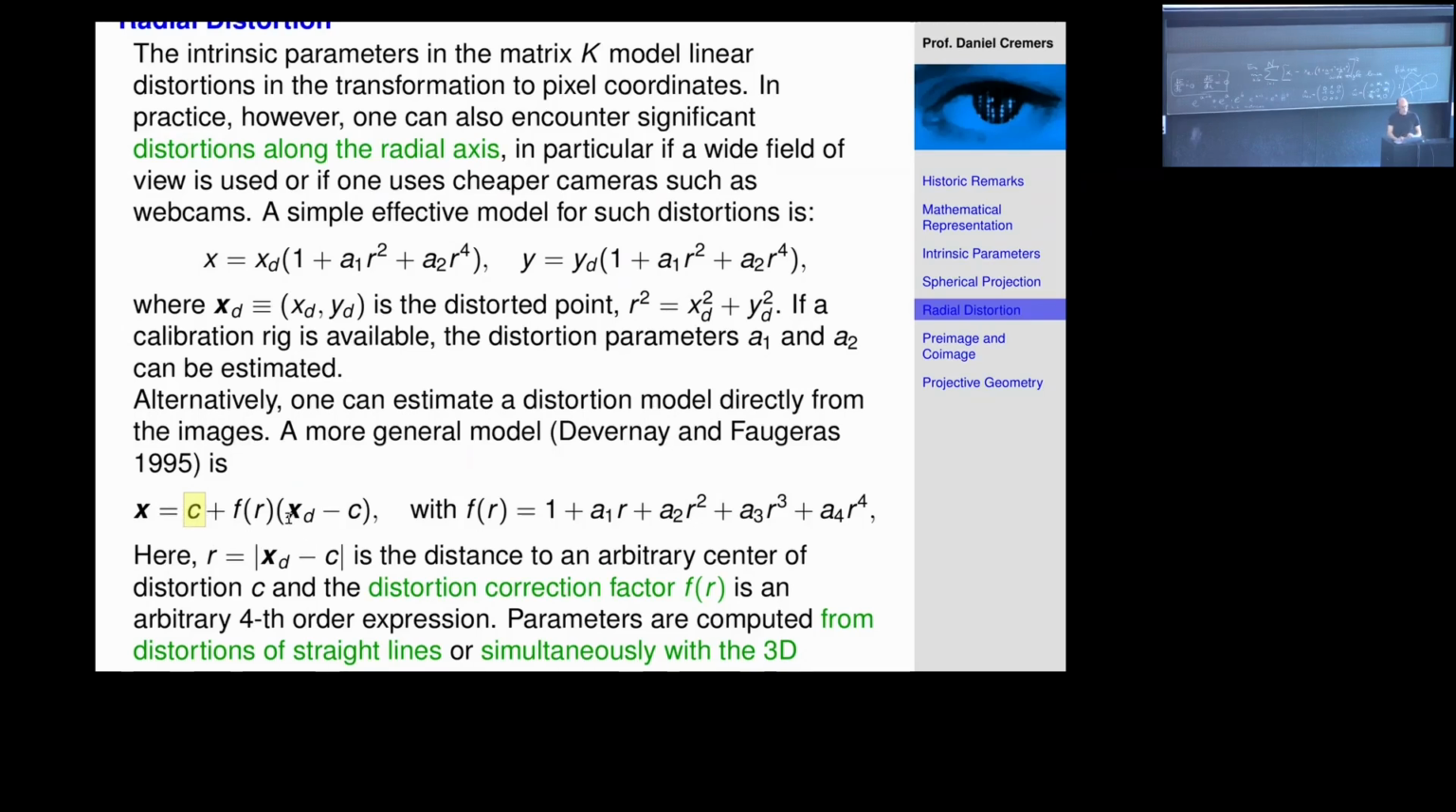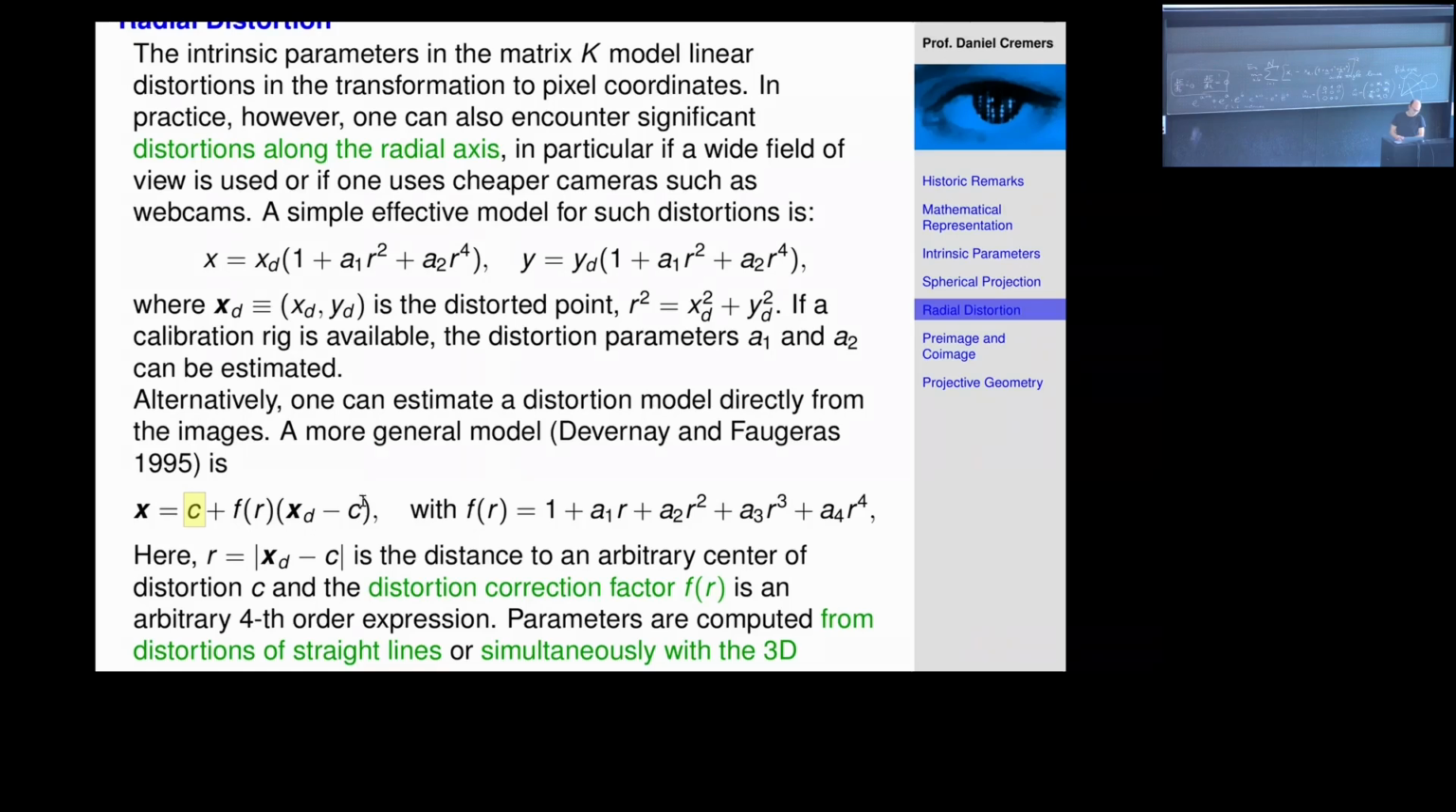And so what do you do? You take the distorted point and you see where it is relative to that center, and then you take the radius, which is the distance from the distorted point, not to the origin now, but to a center C with 2 coordinates C1, C2. And that is then the radius from the center of distortion, and that determines this factor f that you have to rescale everything with. And then again the new point, relative to the center, is